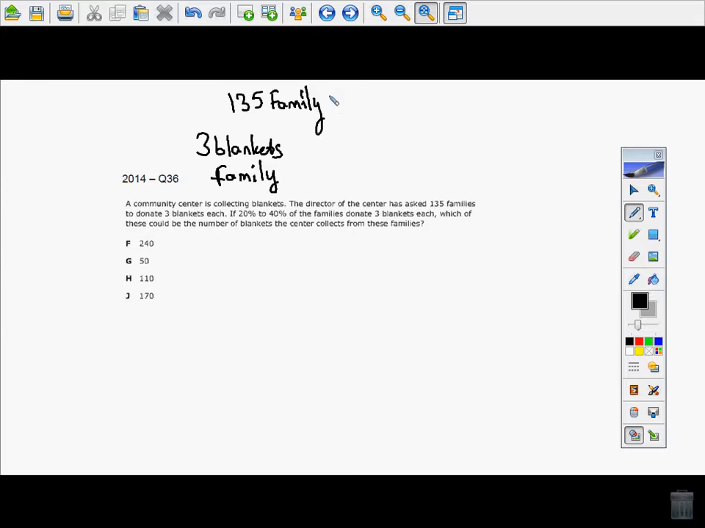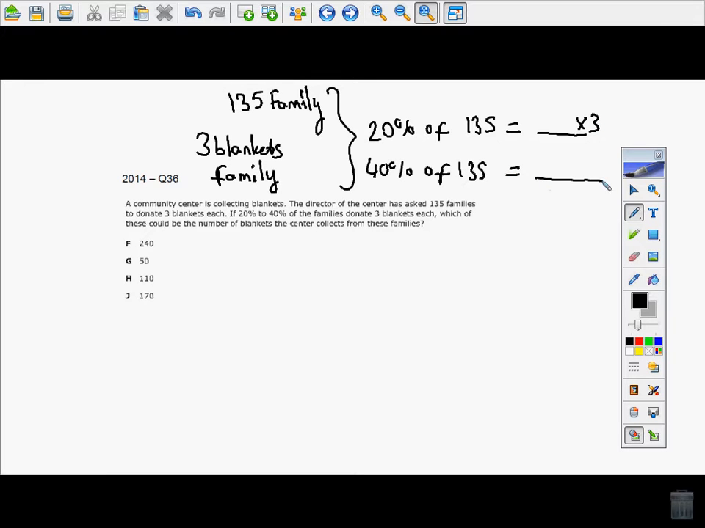So we need to find 20% of 135 and 40% of 135. Whatever number we get here, we have to multiply by 3, and we have to pick a number between these 2 numbers. So let's calculate them here. Basically, what you can do is 20 over 100, since percent stands for over 100, times 135 over 1, you can have